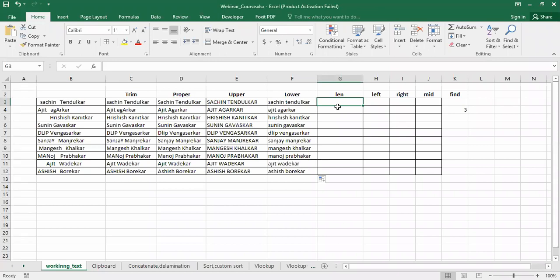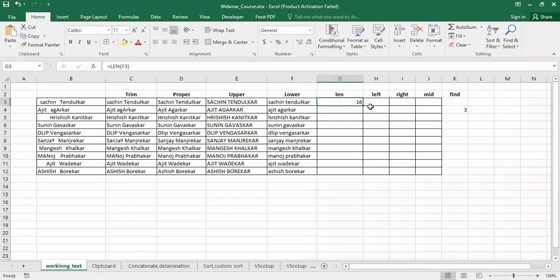Okay. So when you want to measure the number of characters in the text string, in that case we can use the len command in Excel. For that, simply equal to, for initializing the formula, len. You can see over here len, double click on that and simply click on the text where you want to count the number of characters. Now what is the use of that we will see later on. Why this is very important.